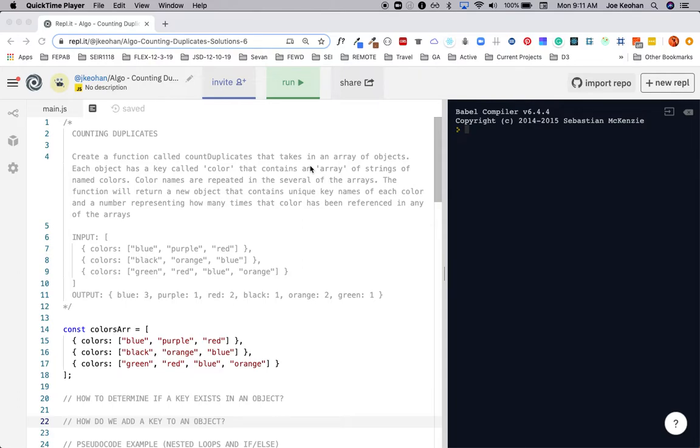So the algorithm we're going to be working through right now is called counting duplicates. Our goal is to create a function called count duplicates that takes in an array of objects. Each object has a key called color that contains an array of strings of named colors. Color names are repeated in several of the arrays, and the function will return a new object that contains unique key names of each color and a number representing how many times that color has been referenced in any of